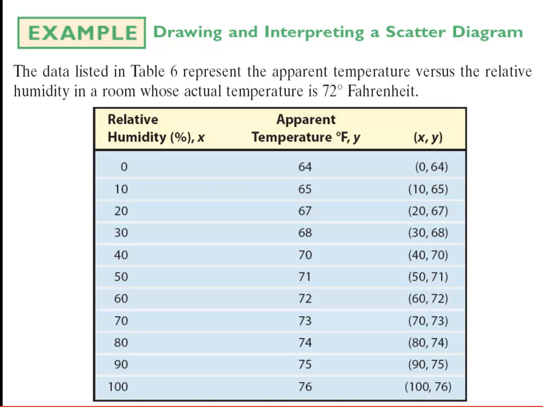So in this first example it says the data listed represents the apparent temperature versus the relative humidity in a room whose actual temperature is 72 degrees Fahrenheit. So we're plotting the humidity as the independent variable and the apparent temperature as the y variable. Most of us live in Florida here, and we all know that when it's really humid outside, it feels much hotter than the air temperature. So we're plotting the apparent temperature, what it feels like to us,